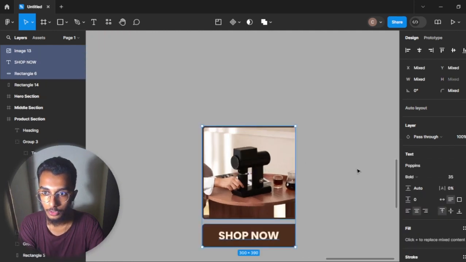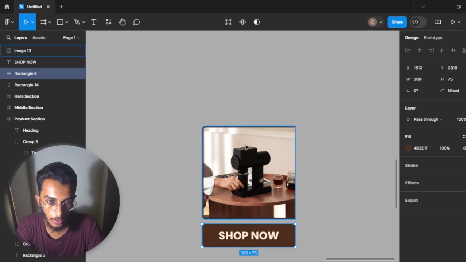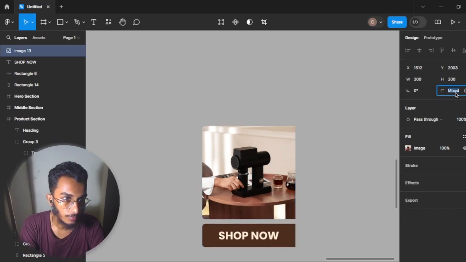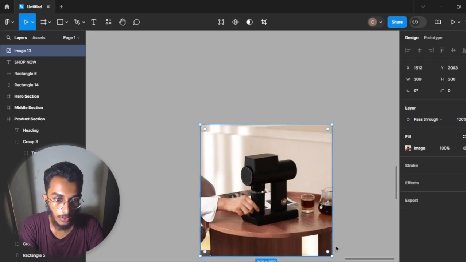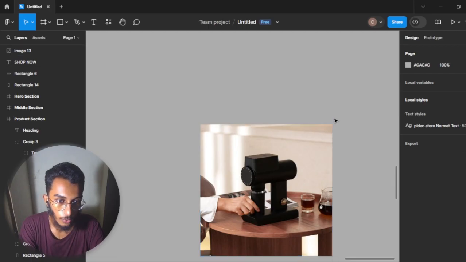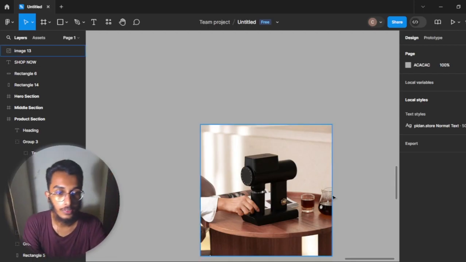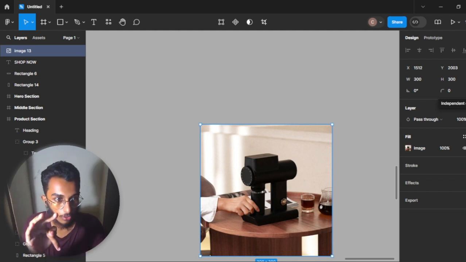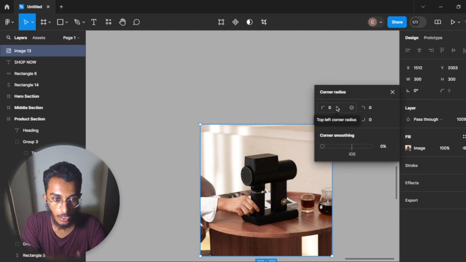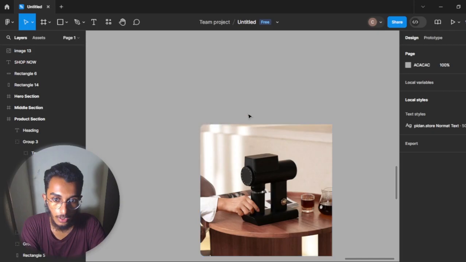I'll ungroup all of this. So what I did for this, let's make it 0. I wanted this to have corners. I didn't want to increase the corner radius of these two; I wanted them to remain 0. I just wanted to change the corner radius of these two. So I'm going to click on the layer we're going to make a change on. Independent corners. Click on the independent corners, and then simply change to 10,